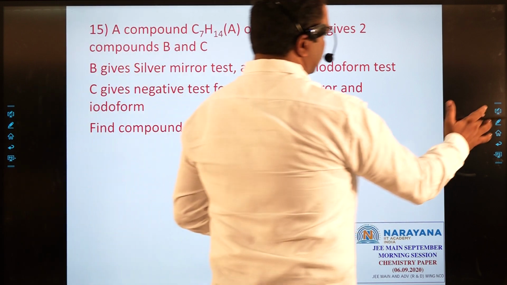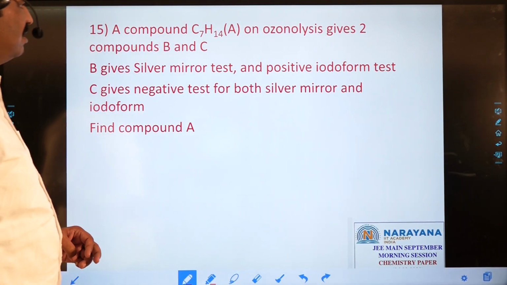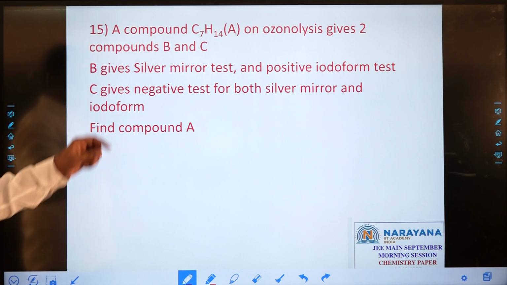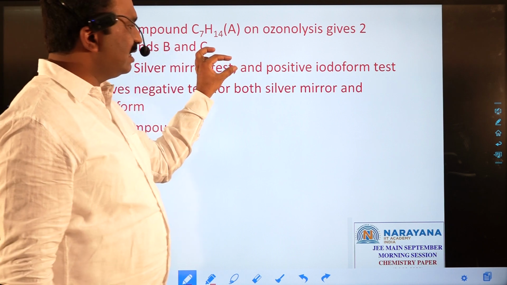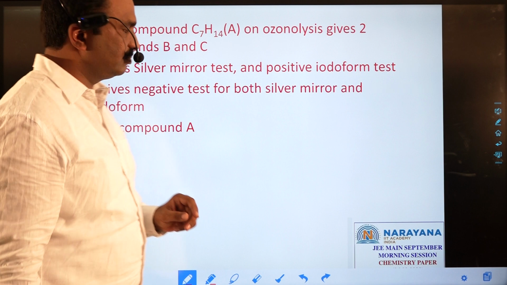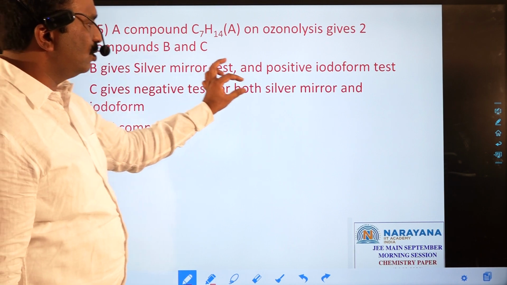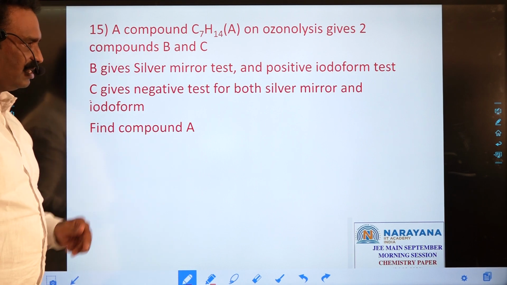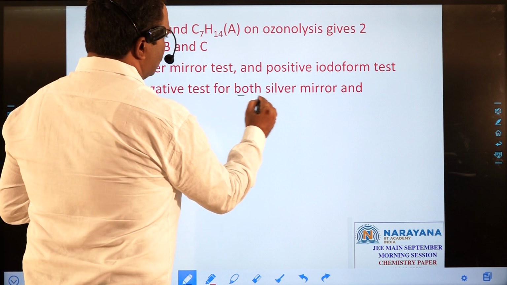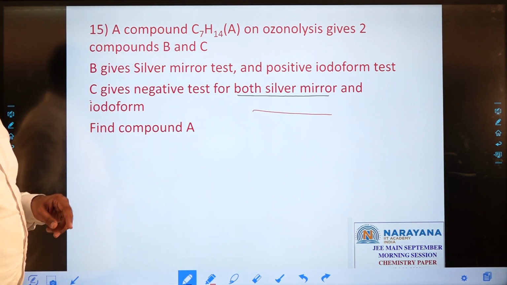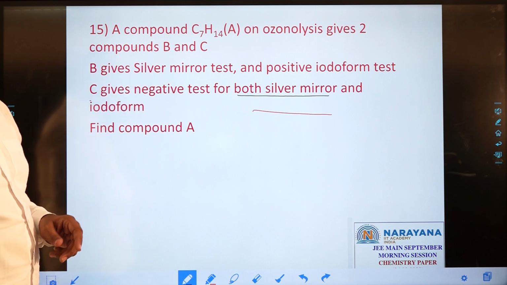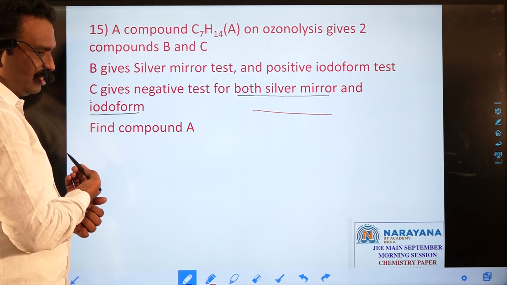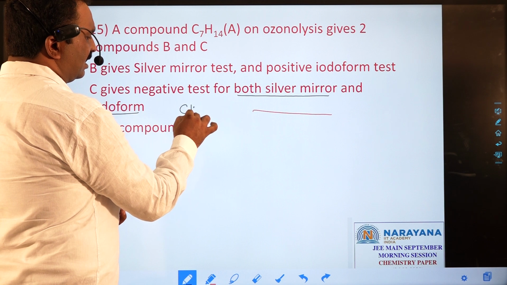A compound C7H14 on ozonolysis gives 2 compounds B and C. B gives silver mirror test and a positive iodoform test. C gives negative test for both silver mirror and iodoform. So negative silver mirror test indicates that there is absence of CHO group, and iodoform test is also negative. That indicates in that ozonolysis